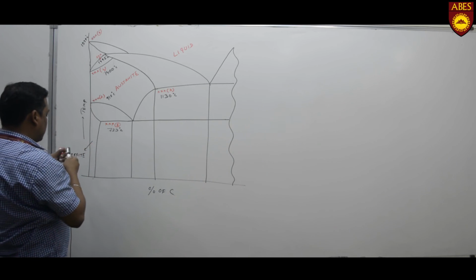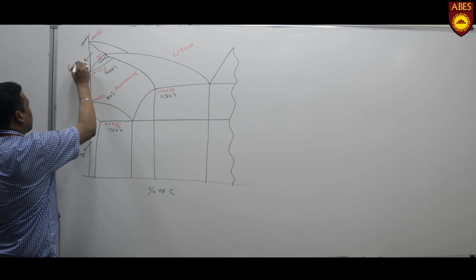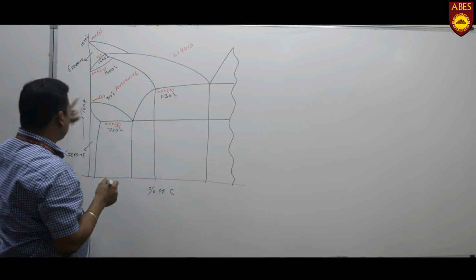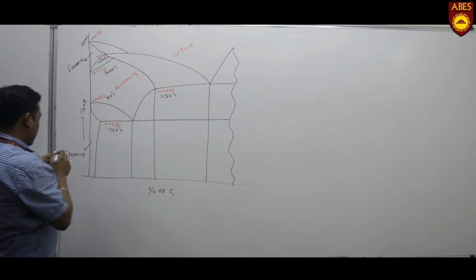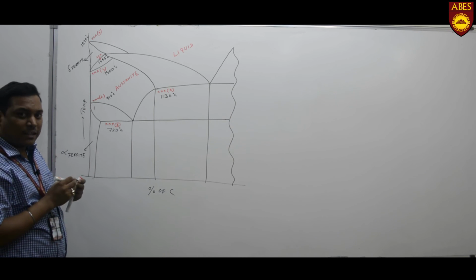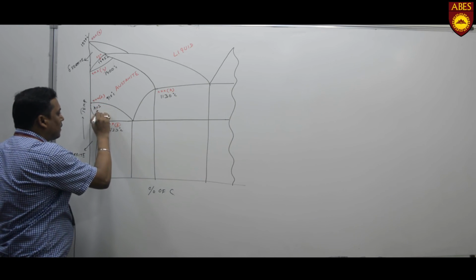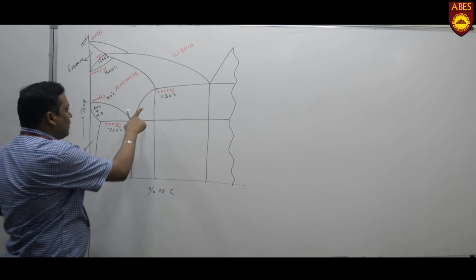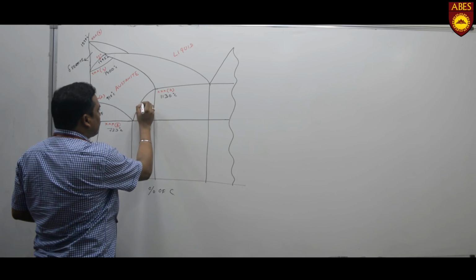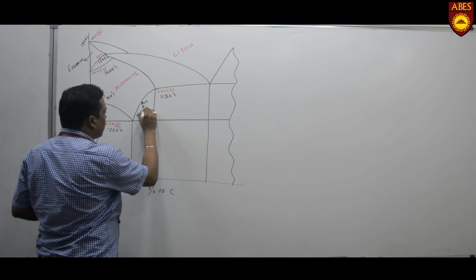Also there is one more main segment. This is the delta ferrite. So the reactions start from the austenite and alpha ferrite. Obviously this section will be austenite plus alpha ferrite. Sometimes austenite is also called gamma iron. So this is austenite plus alpha ferrite. In this section the austenite is there and the cementite is decomposed in this structure. So we can say austenite plus cementite.